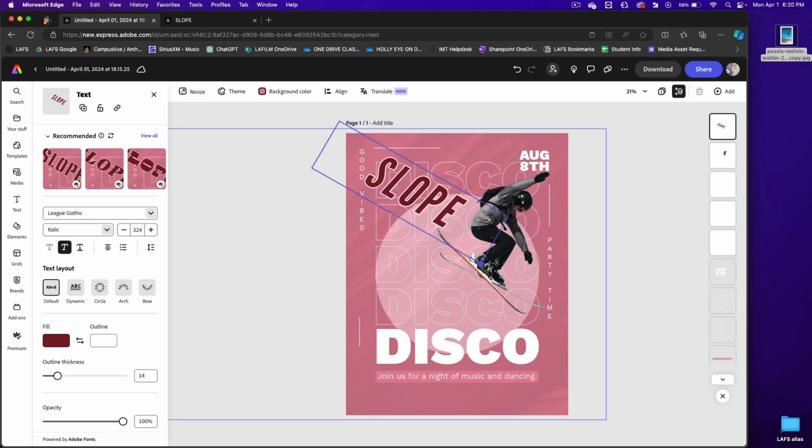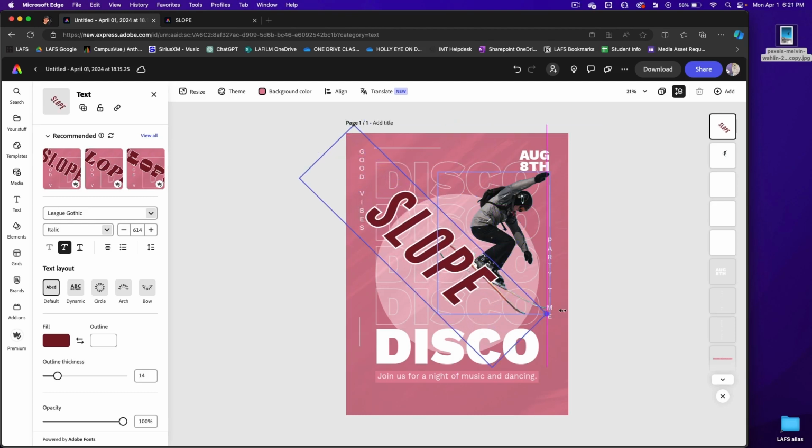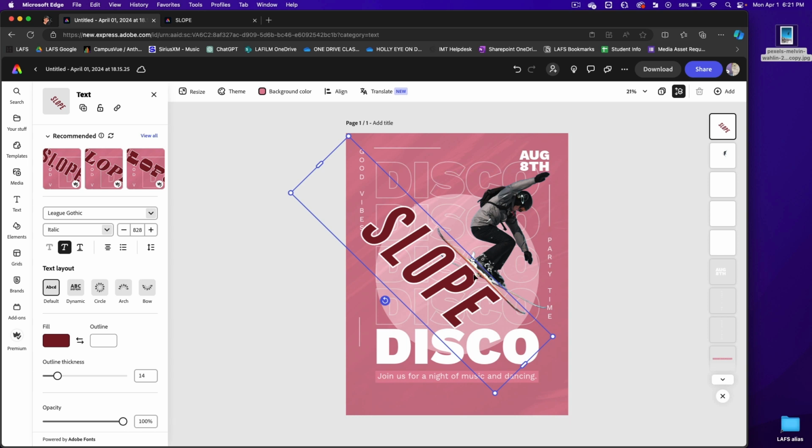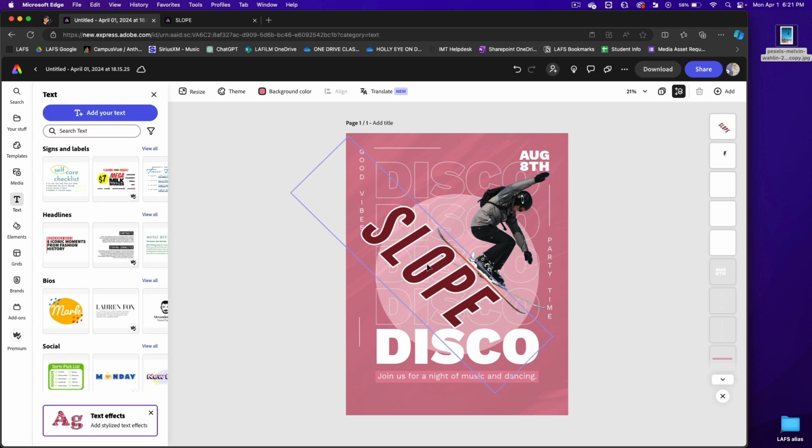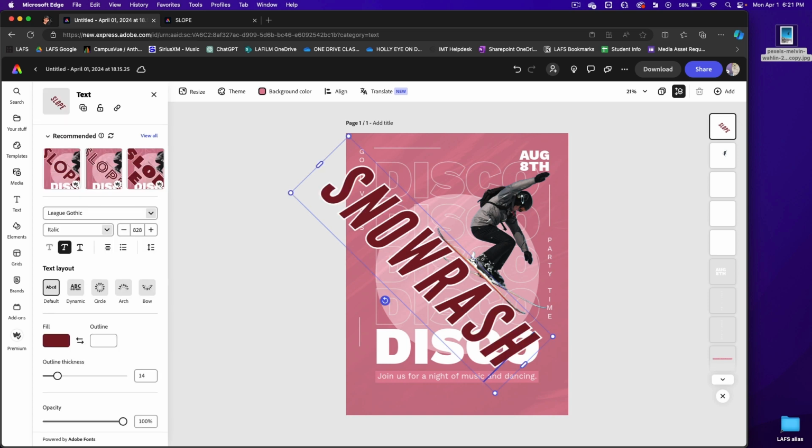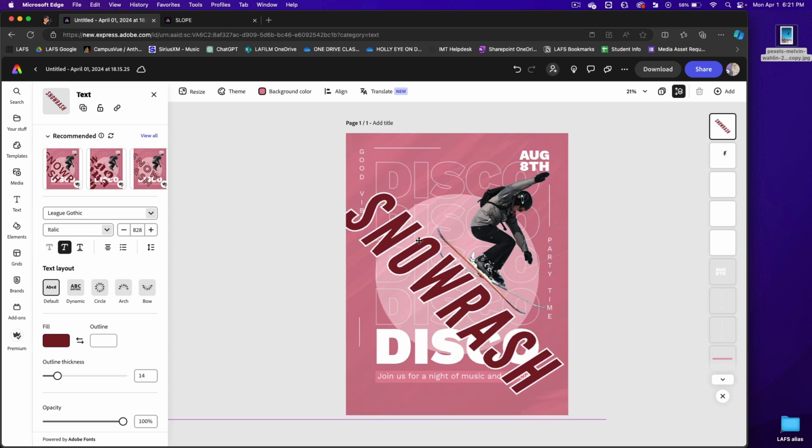And I'm going to make it bigger, and I'm going to turn it, make it bigger, so it looks like the person is riding right down on that word slope. Now I talked about renaming this campaign to be a little more edgy, and I thought the word snow rash might be kind of cool. So if I do go with snow rash, I want to move that so we can see most of the